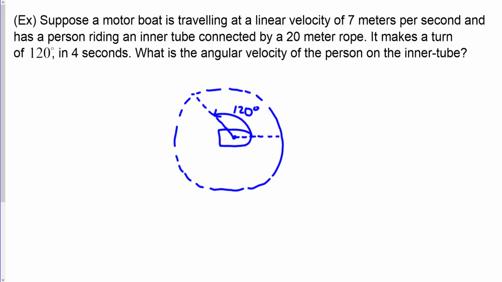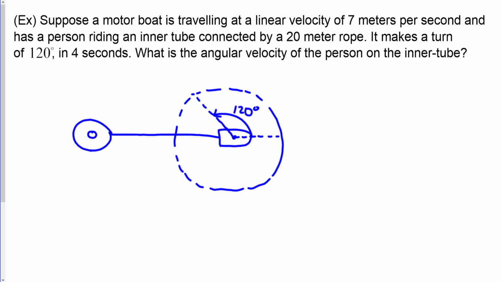So when you have this person out here on the inner tube sitting there, it's kind of like the inner tube would be connected not with a string, but something that is taut, like a pipe of some sort, and would rotate the exact same number of degrees as the boat at the exact same time. So things are a lot simpler in these physical setups than